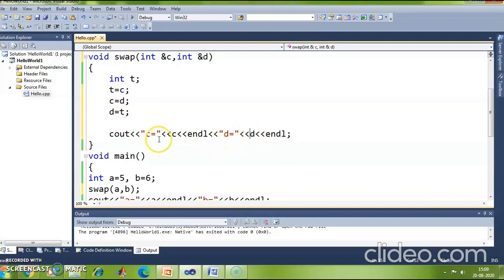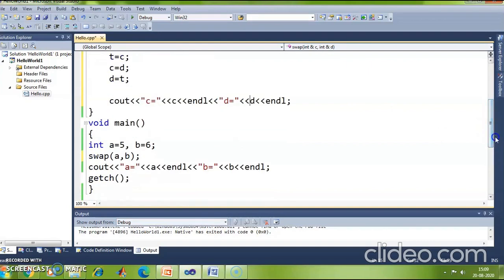So now I have removed the dereferencing operator. Now what would be the value of c and d? After interchanging, the value of c and d would be 6 and 5 respectively, right?